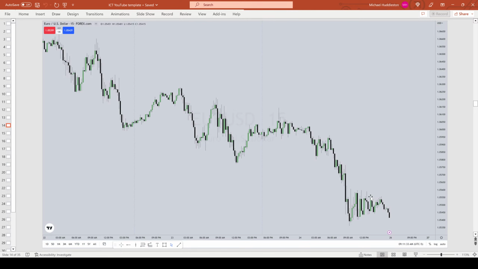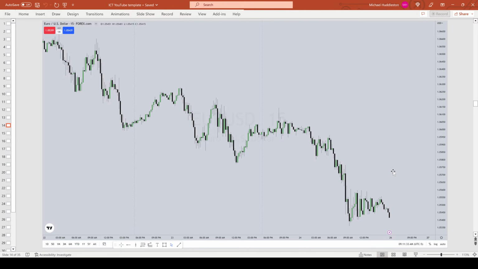Here's the Eurodollar 15-minute chart zoomed in. And usually when you guys are watching other people talk about their analysis and such, and you may be doing this in your charts too, if I show you this chart like this, and if you're a new trader, you're looking at this as, oh, this is going to be support. I would be buying that. I would not be buying that.